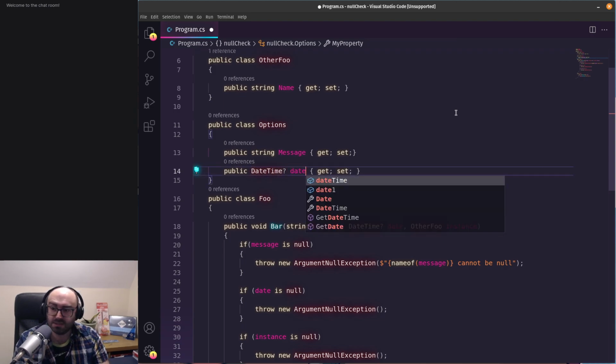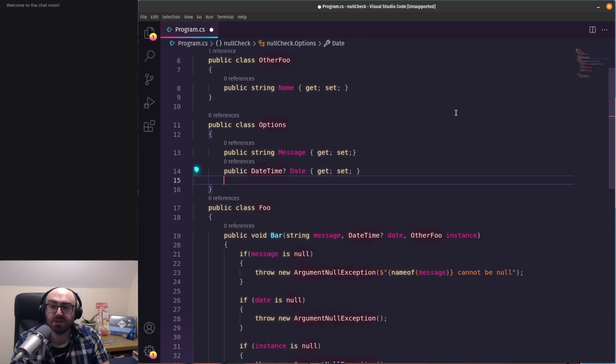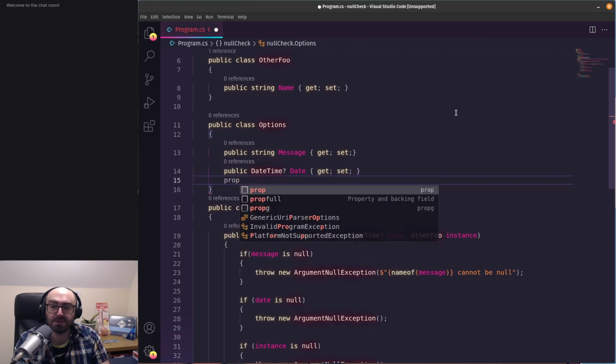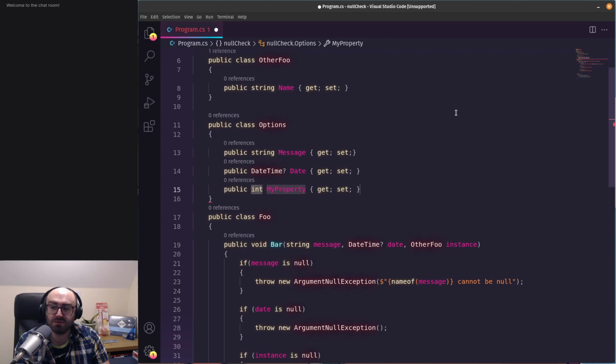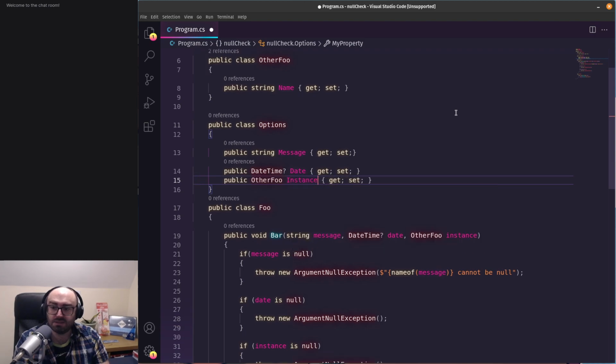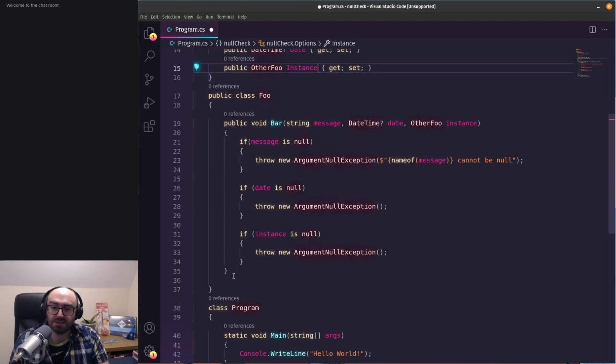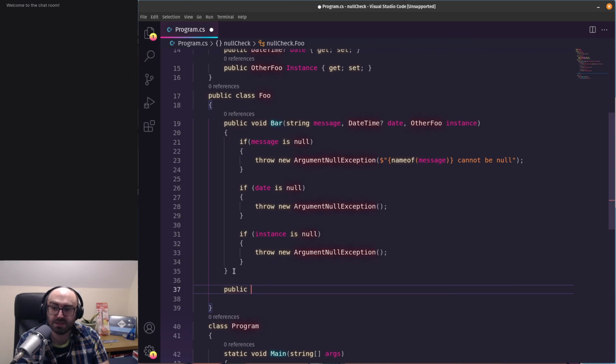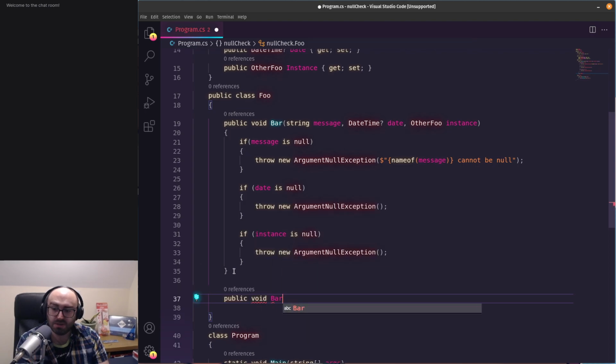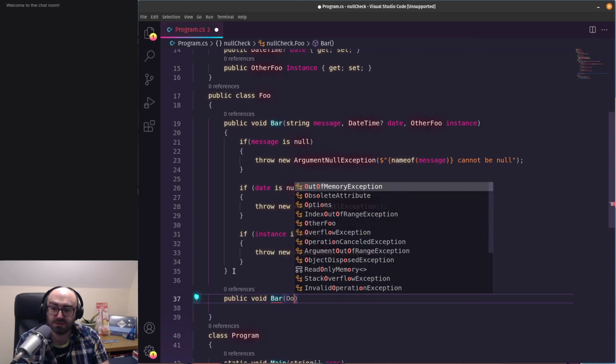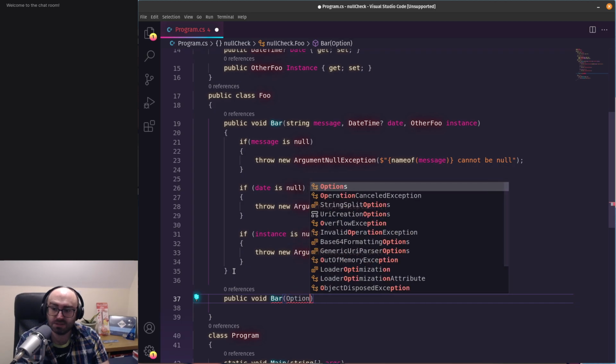What do we call it? Date. I'm going to put a capital D. So inside of Visual Studio Code, I can type prop, and then I can hit tab, and it will start filling in other things for me, right? Other Foo instance. So let's say I've swapped this Bar, I've overloaded it, public void Bar with an options instance,